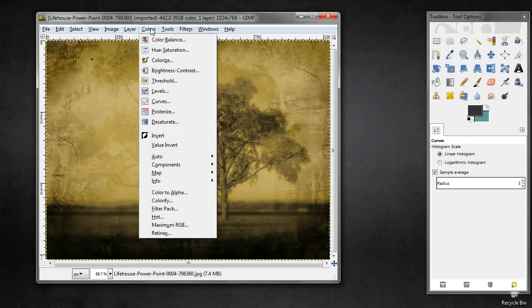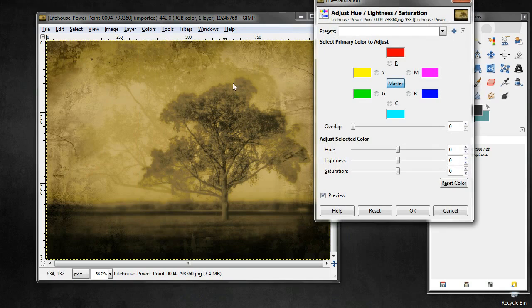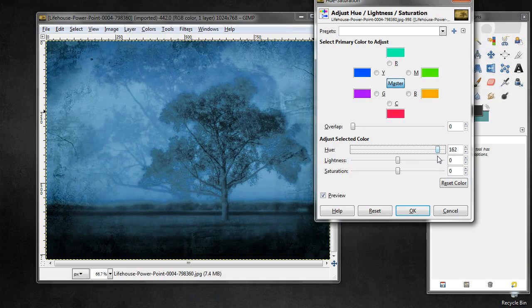bluish. So we'll use the hue saturation thing, and then what we will do is we will change this. So as we move the slider, we see that the base color of the image changes completely. So as you would know, hue means a shade of the color. See, if you change